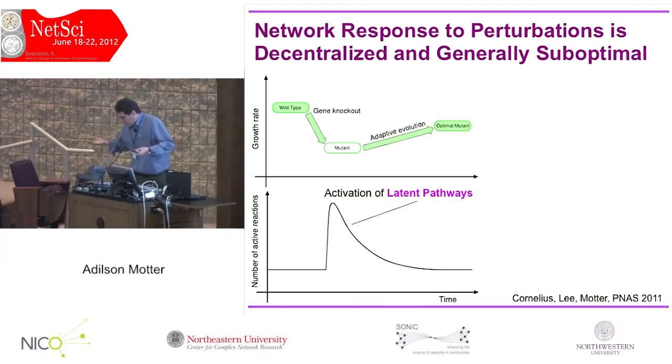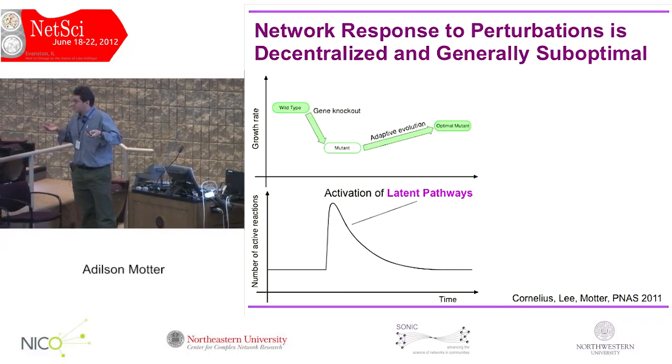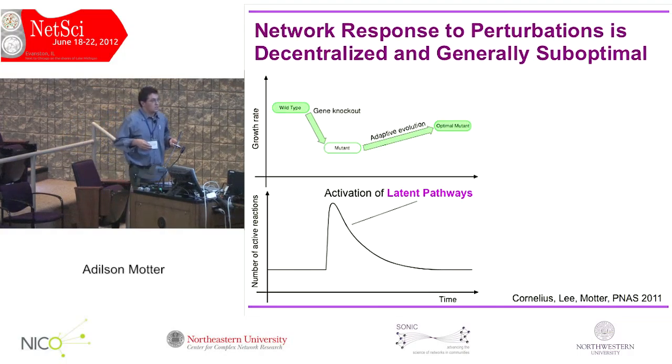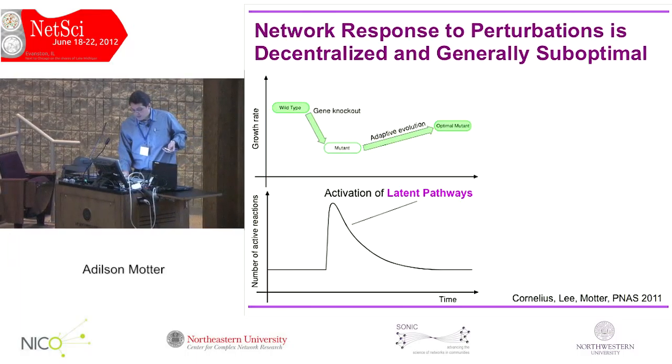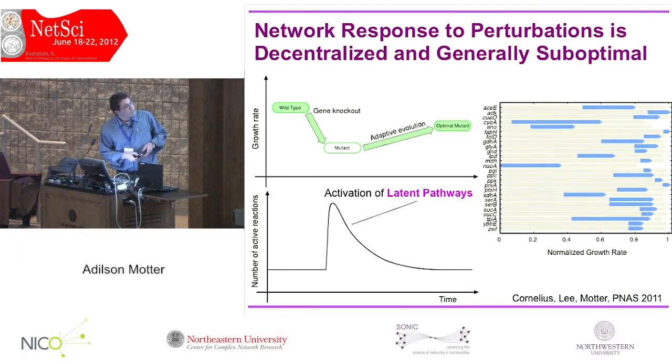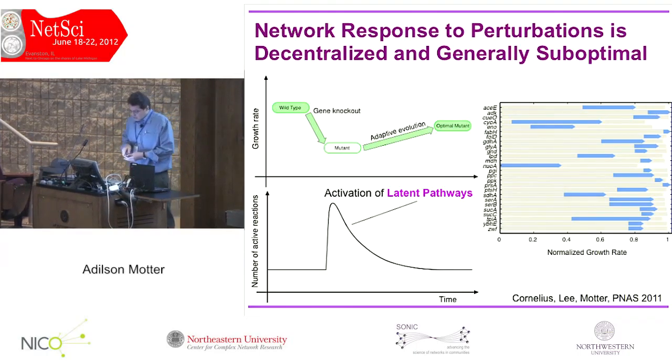But there is another hypothesis, that's our hypothesis. This is a genetic response because the system is decentralized. In the best case scenario, this is just providing a library of possible states for the cell to choose from. So we have tested this in silico, and you see here for a number of primary perturbations, we tested the growth rate after this perturbation for the original organism and for a modified organism in which we have removed upfront all the latent pathways. And in each case, we see that the removal of latent pathways, in fact, increases growth rate